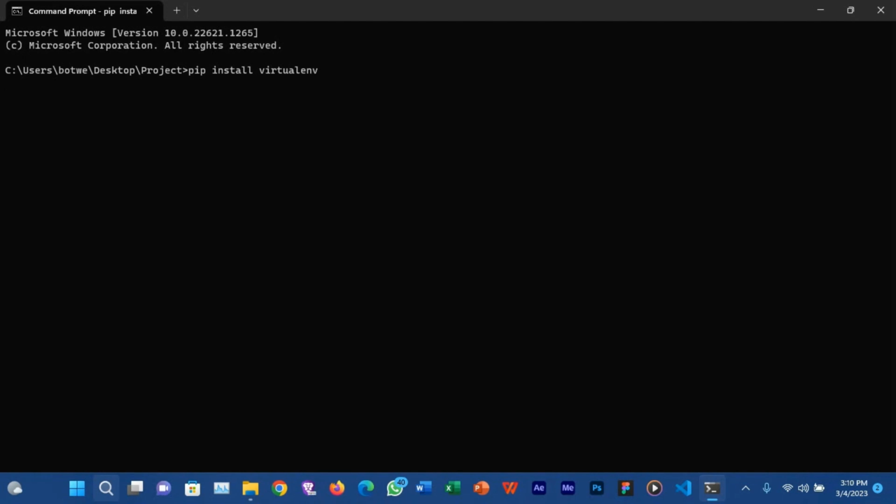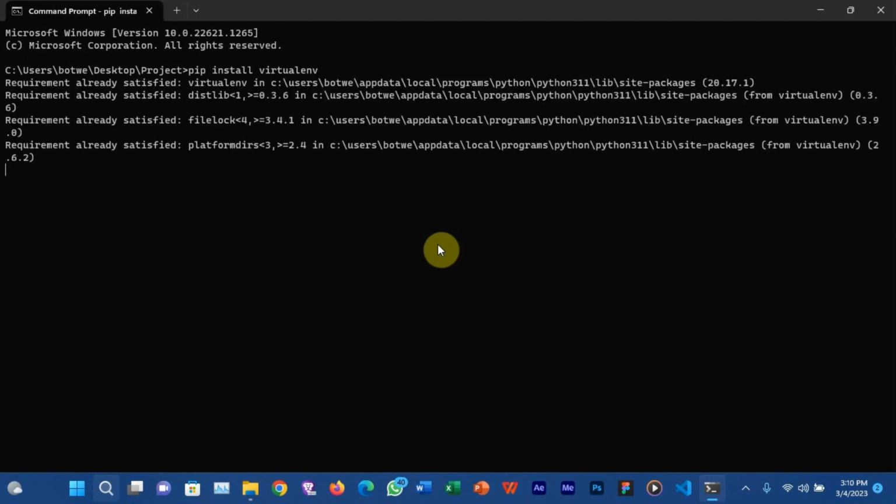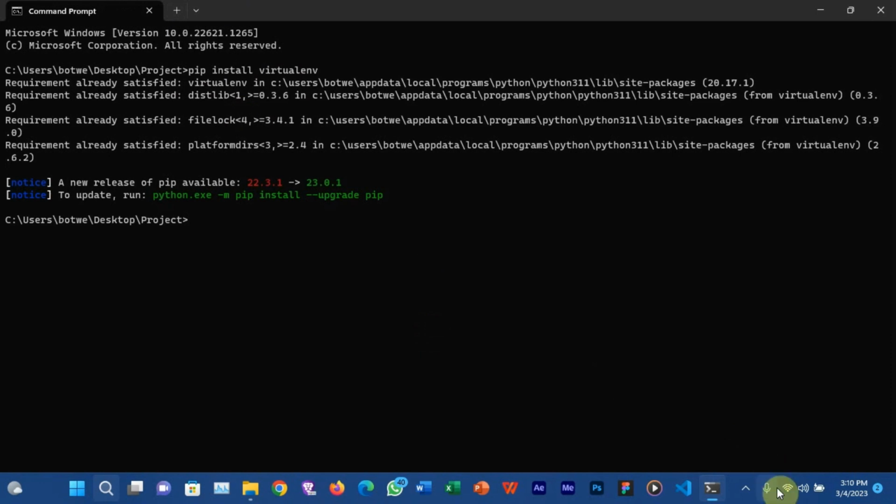If you already have it installed, you can just skip this step. Before installing any package, make sure you are connected to the internet before you proceed. After installing virtualenv, you can now do virtualenv and then the name of the virtual environment you want to create. In my case, I'm going to use env as the name of my virtual environment.